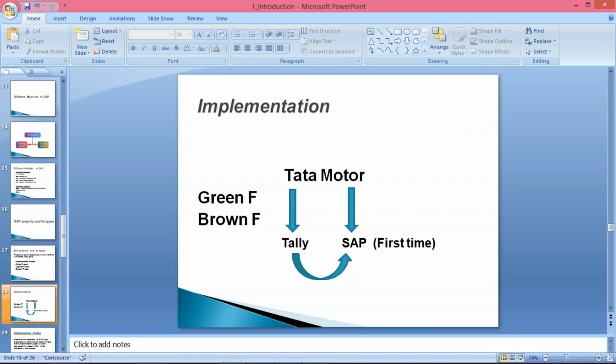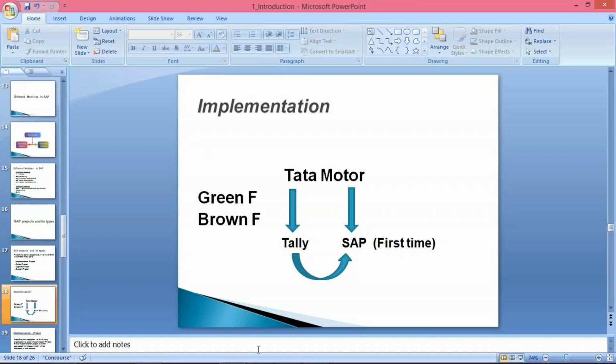Then wherever the corporate office is, employees also keep on working. They start recording certain transactions. So one ERP is required to handle these kinds of activities. So the SAP implementation goes on simultaneously, and on that particular day our implementation is going to be finished, and these people will be able to use this SAP. I'll explain this once I cover the whole project. Then I'll also explain the difference between greenfield and brownfield.